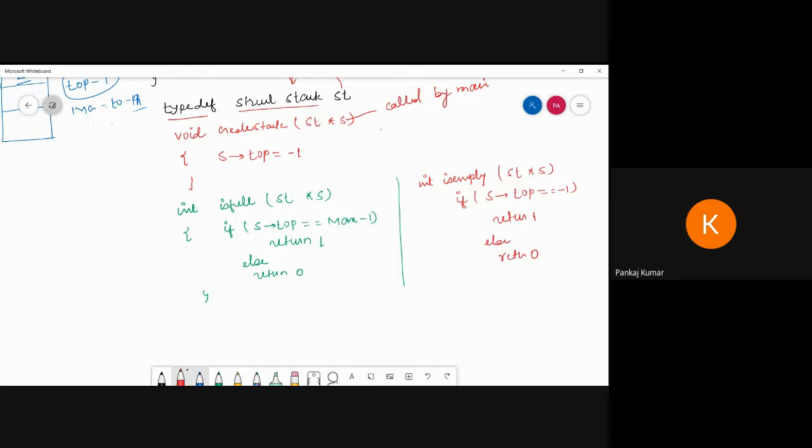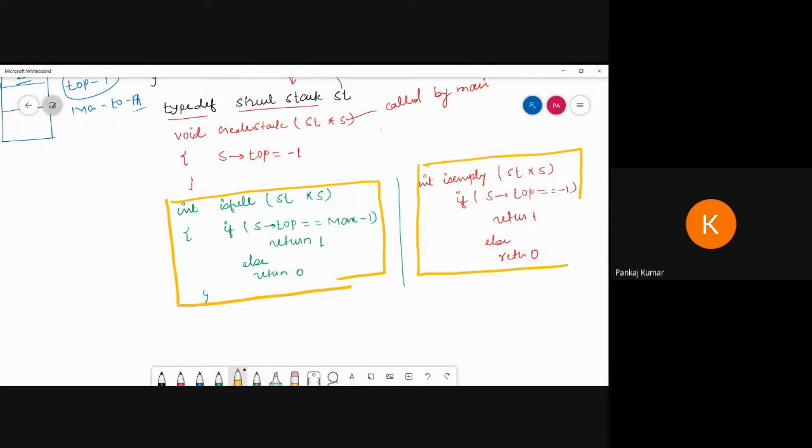So basically for the interview purpose, these are two very important points. Among all stack programming, these two functions are very important. No one is interested in asking what is the code for your stack variable. They are interested in asking you this. So always remember in which condition a stack is empty and in which condition a stack is full.